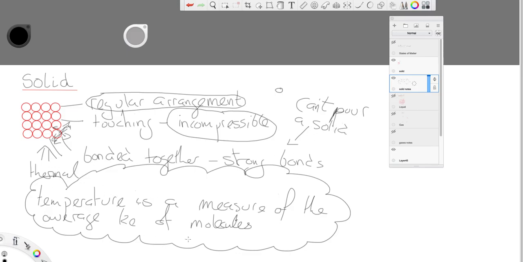And this is a general statement which applies to all of our states of matter. But as you supply thermal energy, what you're doing is applying energy to the atoms or molecules. And so they are, in this case, in the solid, vibrating faster. Now it's important you talk about them vibrating. They don't move around, they vibrate. They don't go from here to here and leave the others behind. They don't move around, they vibrate. Okay, so there's your solid.